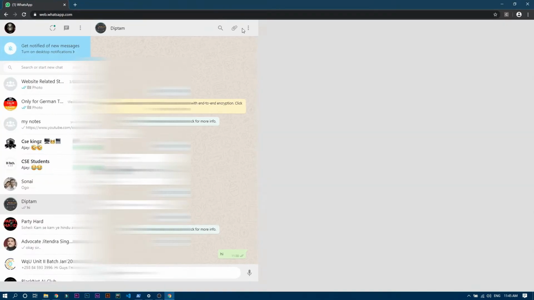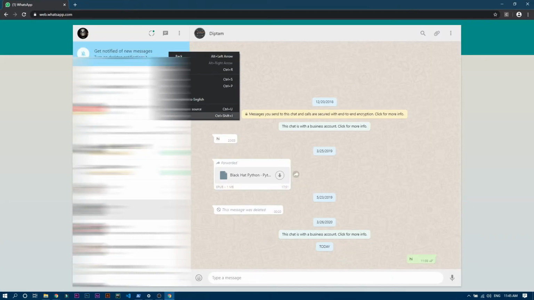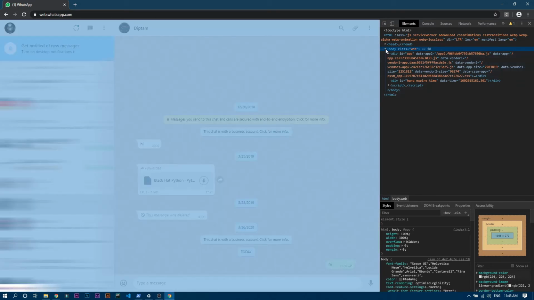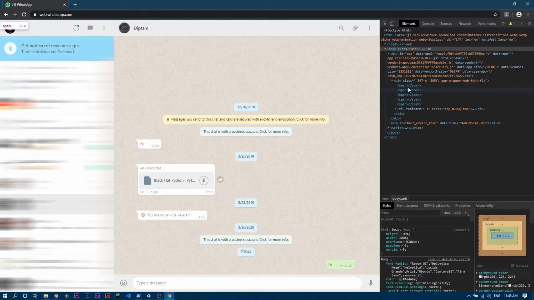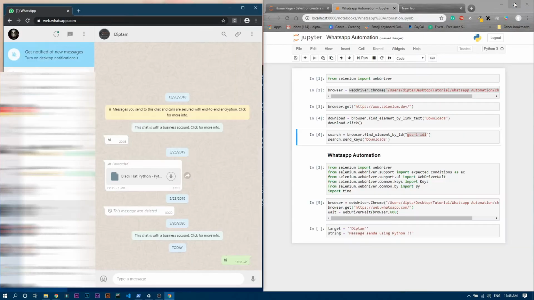Okay, so let me increase the size, and let's go into inspect. In the body tag we have this div tag, and inside there we have another div, but you can clearly see these are not in the div tag. These are span tags because WhatsApp is end-to-end encrypted, so that's why we cannot select a particular chat from WhatsApp Web, right? So we have multiple span tags, and you cannot open those span tags as well, these are empty span tags, right? So we have to go into the span tag, right?